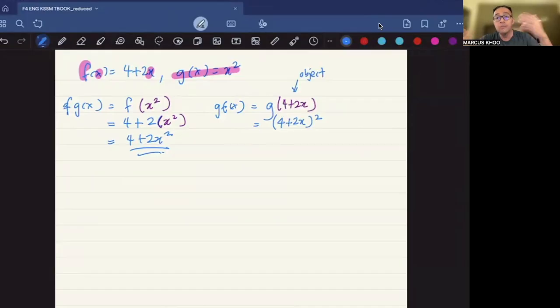This one, please expand. Don't leave the answer as it is like that. So this will be 16 plus 16x plus 4x squared. You can leave the answer as such. Next,